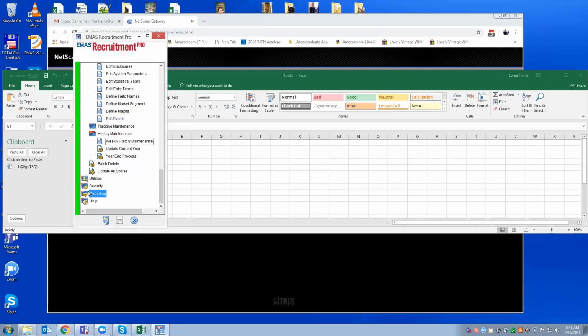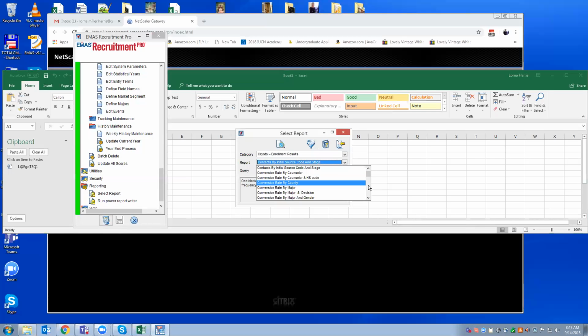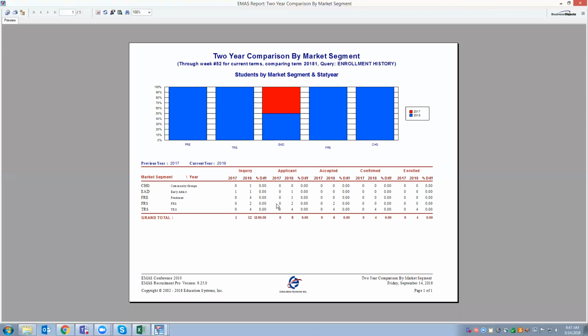And actually, when you run that comparison report, I don't have good data, so we're not going to see decent results in here. But if I run my comparison report, I'm going to have to choose 2018 because I want to see week 52. Actually it gave me week 52.